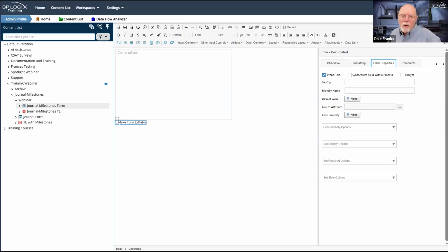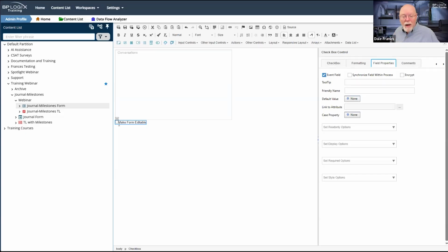Now, we do have the audit viewer so that we can track all of the changes. That does require administrative access to see the audit viewer in the form and to see who made those changes. What if I just wanted to let everybody know that at some point the form had been made editable, if for no other reason, so that they could peruse the form to ensure that nobody had changed any of the data that they had placed into the form?